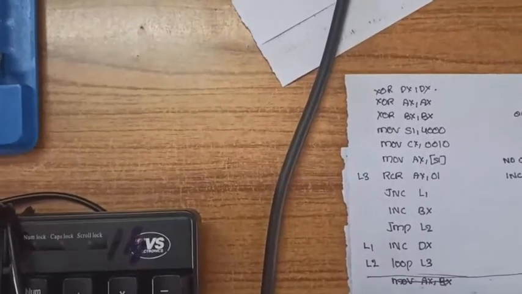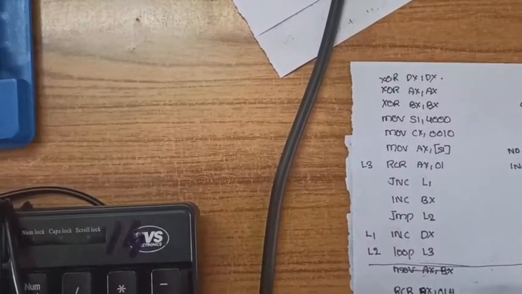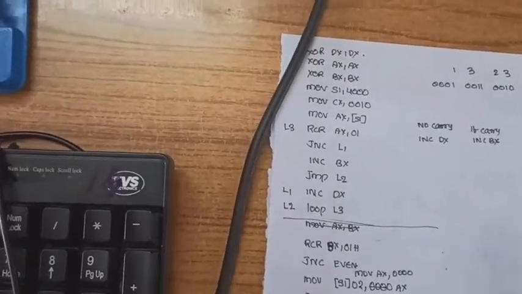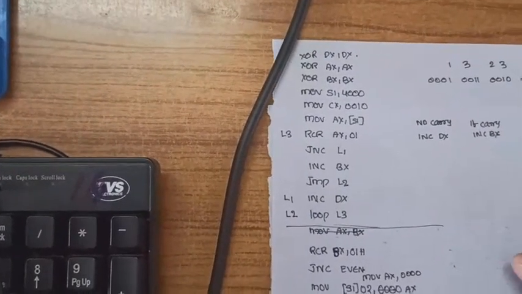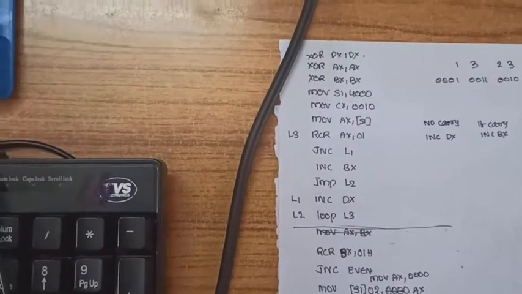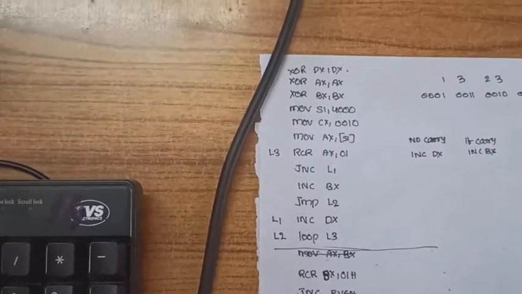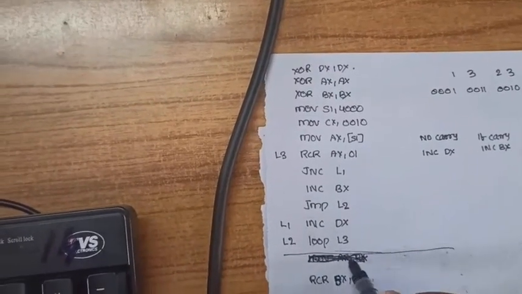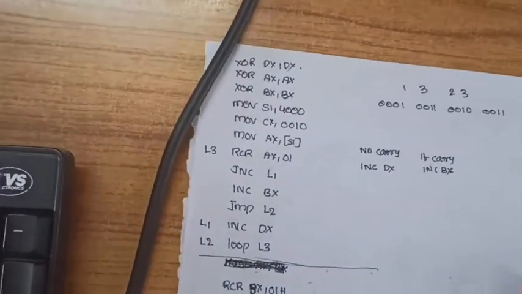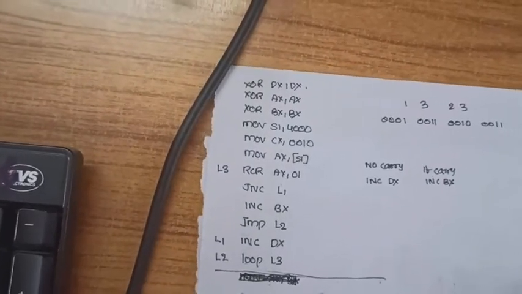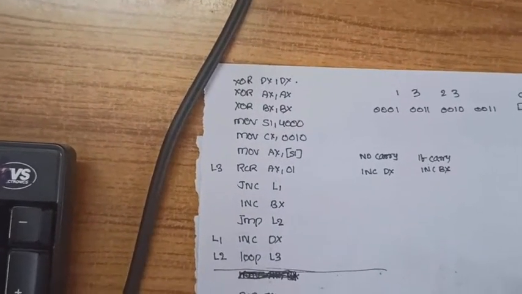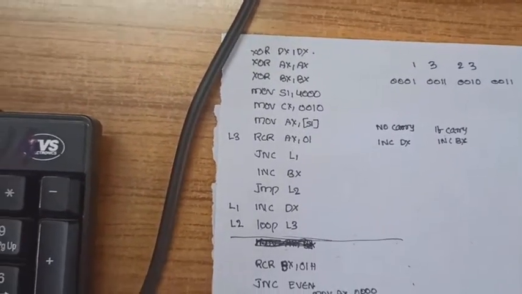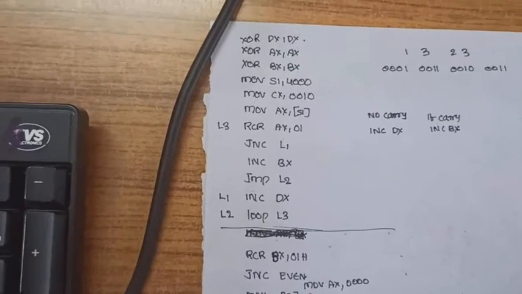So today we are here with one more program called finding the parity of a given data, given byte or word, anything you can say. Here we have written an example for a given word. The input will be given, and it has to count how many ones are there. Depending on the number of ones, if it is an even count, it has to tell us it is even parity. If it is odd, it has to tell us about odd parity.